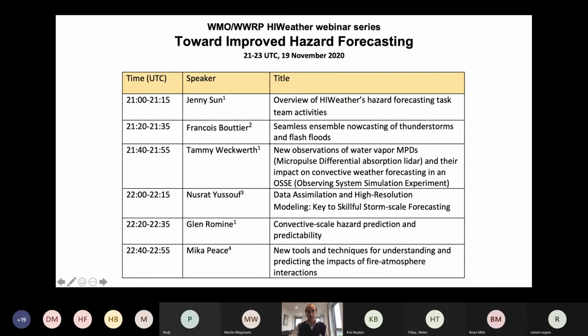There were several speakers from our theme and also some other experts in the field who discussed, for example, ensemble nowcasting, novel types of observations, novel data assimilation techniques at very high resolutions, hazard prediction, and fire-atmosphere interactions. So this is a really interesting session, and those pick up on some of the key topics that were presented in the paper.